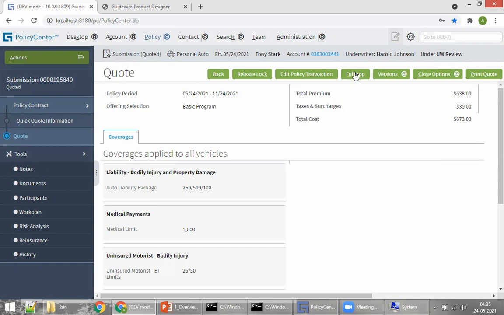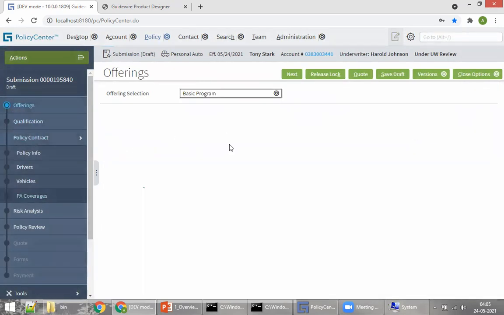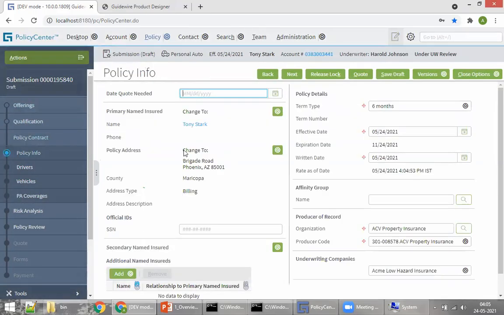So let's see if I click on this full application quote. Now you can see the quote and all, and I can just click on next, and finally I can issue the policy. So that's how I can do it. Quick quote means just one or two steps. We can even configure what mandatory information we can ask for. And whenever I need to issue the policy, it has to be the full